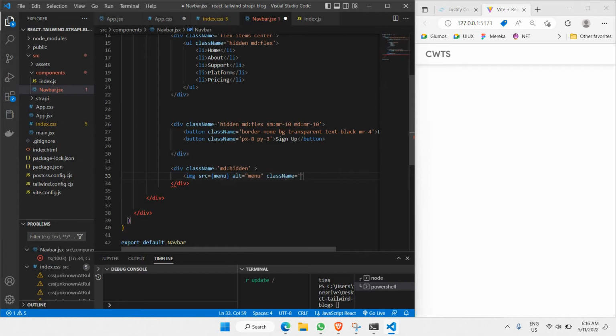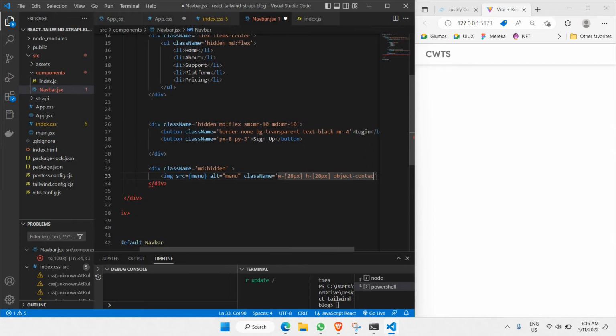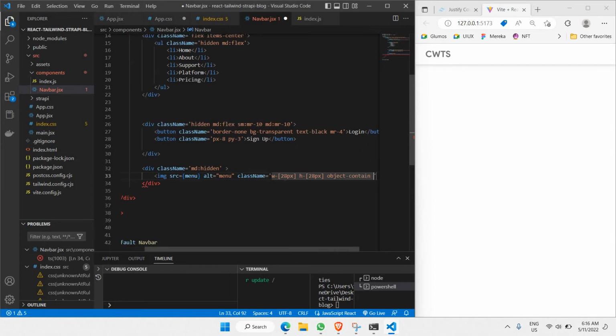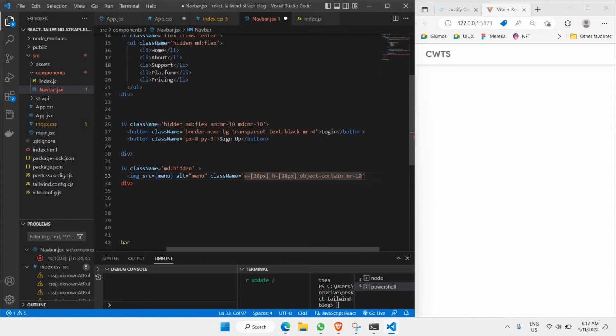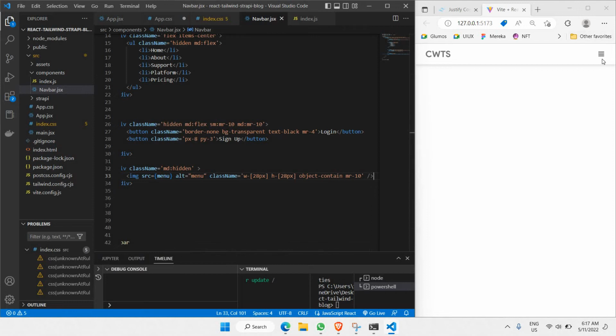Inside the class name I'll be having some styling for width. The width of it is going to be 28 pixels, and yep, something like this. And the next is the height, which is going to be the same, 28 pixels as well. And the next thing is I like to make it object contain, and it's going to be margin right 10 also. And yeah, that's it. Let's close this tag and let's click save, and there you go. Now you have a good looking